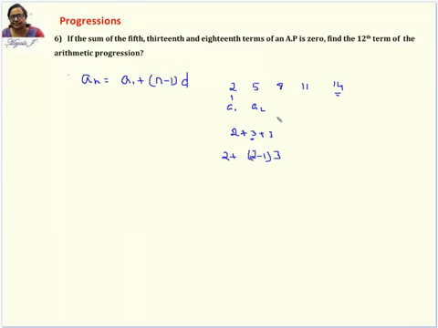So when you go for the third term, again one more 3 is to be added. So it is nothing but 2 plus 3 into 3. And this 3 is nothing but, this is the fourth term, so we'll say 4 minus 1, which I have written here. So this is how we are getting it. The same thing I'm now going to write here: An equals A1 plus n minus 1 d is the formula.